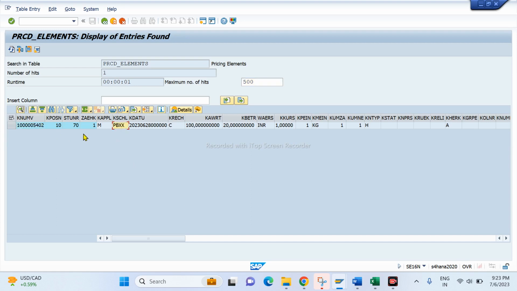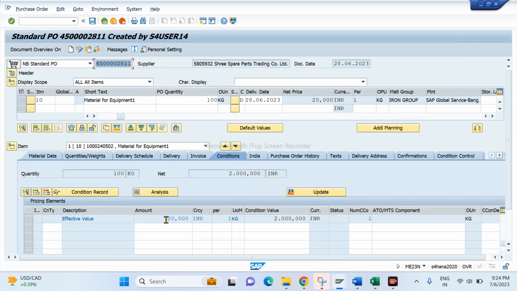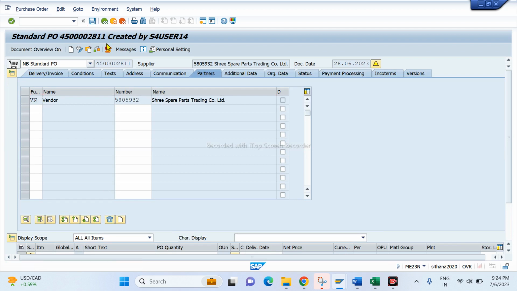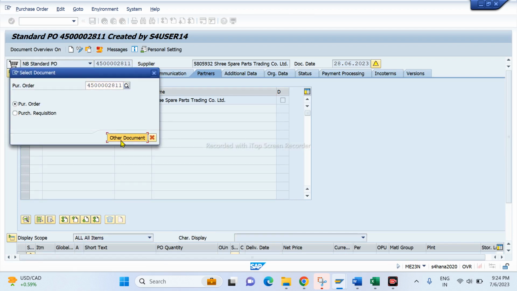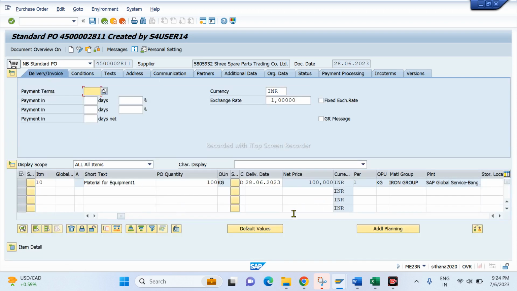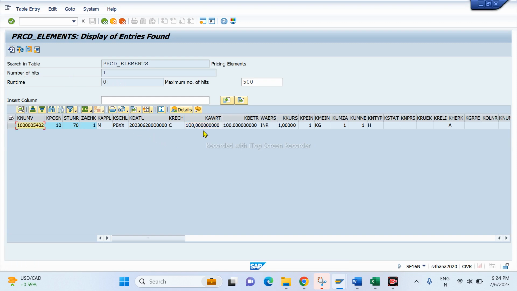So here there is a basic price, right? Now BBXX. So what is the price? They have given 100 as the price. Let's say I'll give 100. Let it be the same also, no problem. But when you're saving, it's not reflecting that. Okay, so 100, refresh. Okay, so this is for the 100. So you can calculate